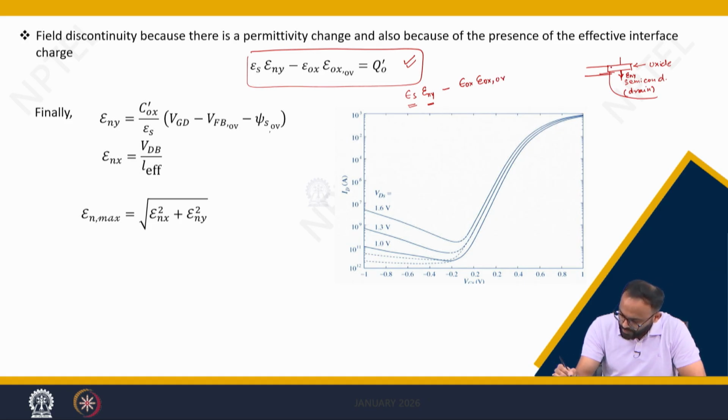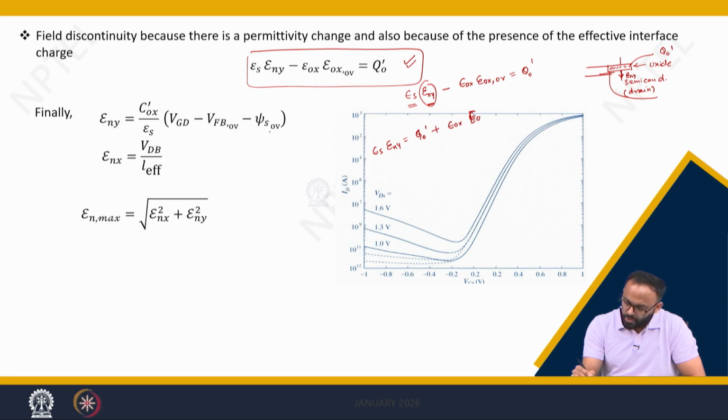overlap. So, what is the effective electric field at this side? It equals Q naught dash, where Q naught dash is the charge present in the oxide, considering the oxide is non-ideal. So, to find E n y, I can use previous equations: epsilon S into E n y can be written as Q naught dash plus epsilon Ox into E Ox overlap. Now, Q naught dash plus epsilon Ox